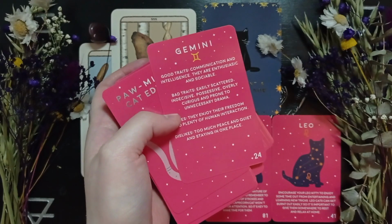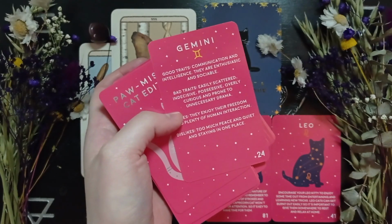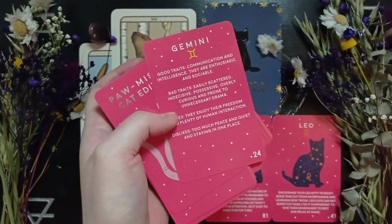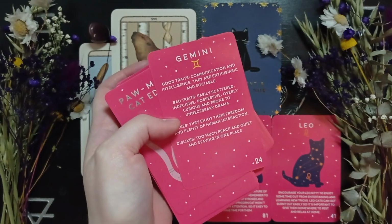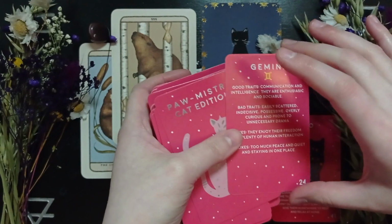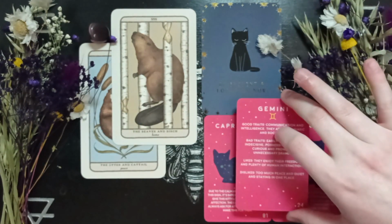Even if they get along with other pets in your house, I think they really want your attention and your focus. So keep that in mind as well. So I think, with your